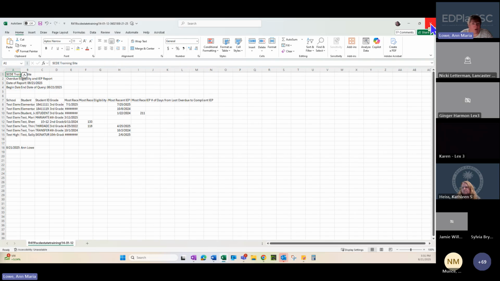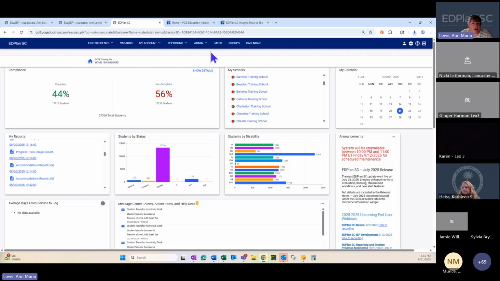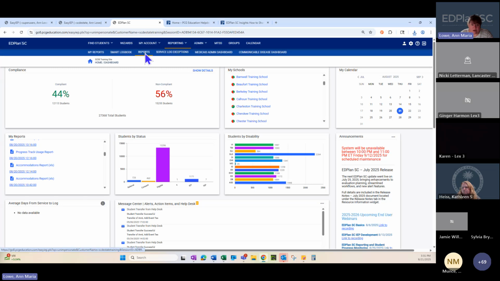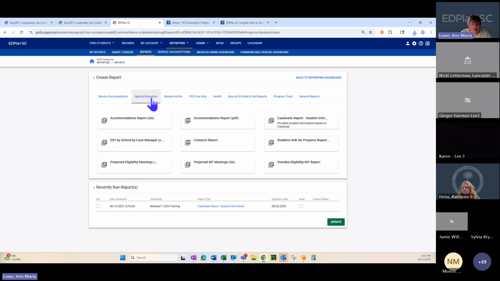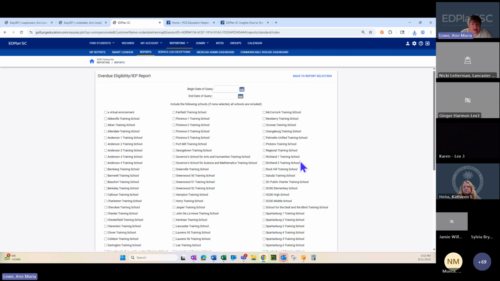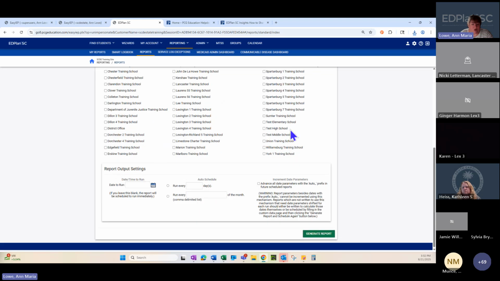There is also a report here that you might find useful or interesting, and that is under special ed. You have this overdue eligibility and IEP report, which I went ahead and pre-ran, but I'll open this up so you can see. You put in the begin date of your query and the end date, and then choose any school and generate the report.